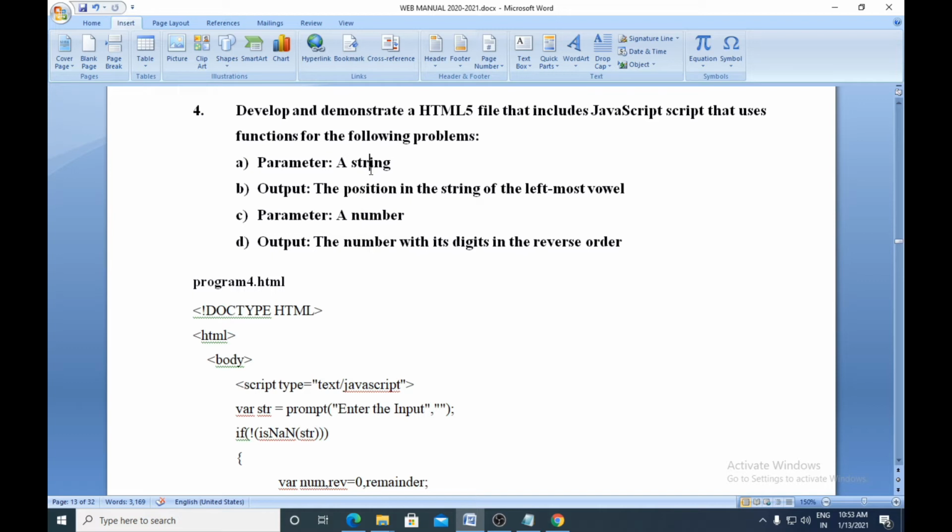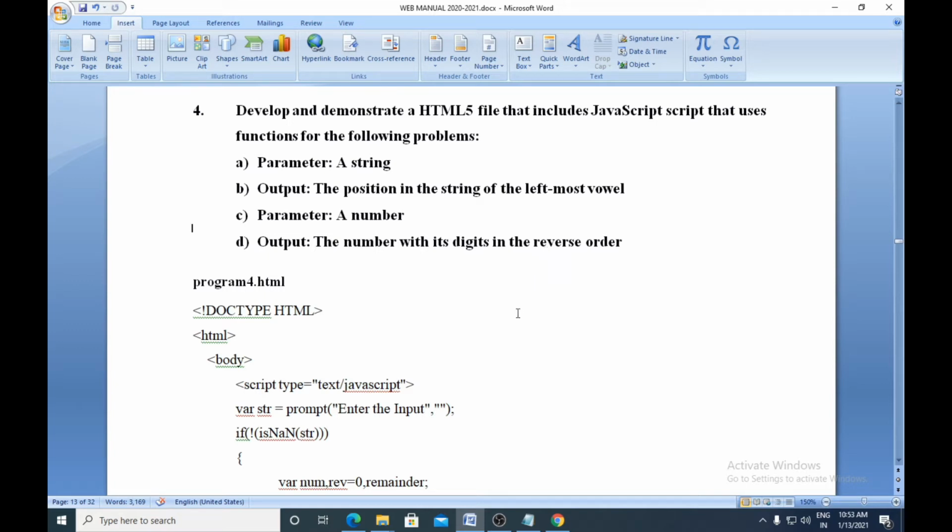If the parameter is a string, the program should give the position in the string of the leftmost vowel, not the rightmost vowel. And if the user enters a number, then it will give the reverse of that number.